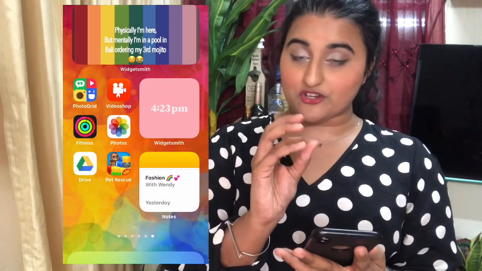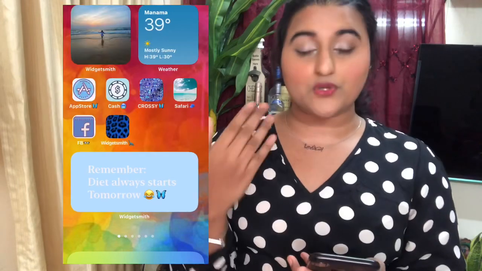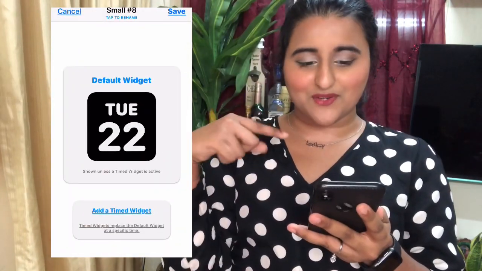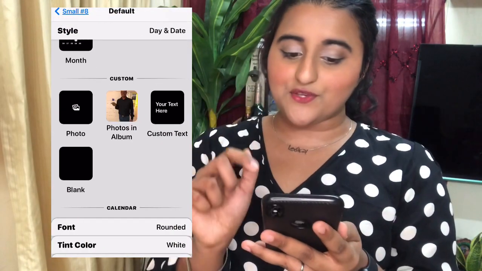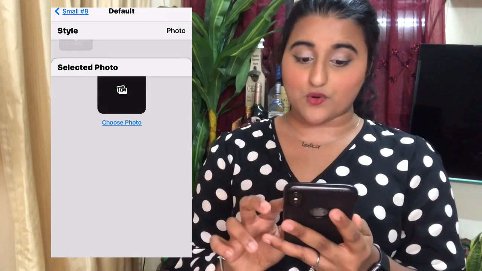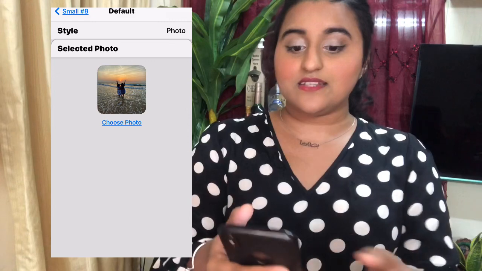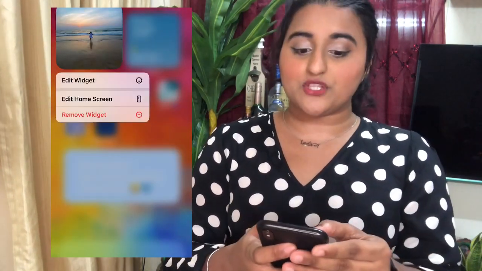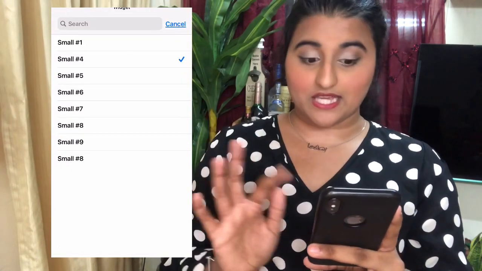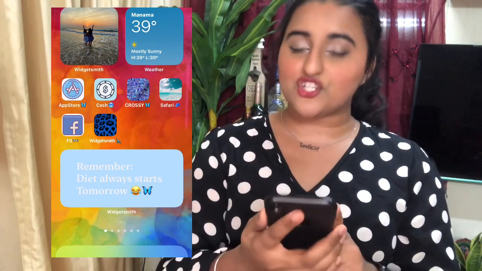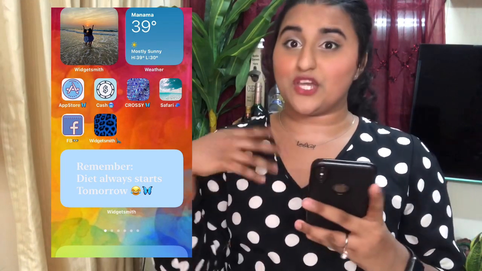Like I've added pictures. Now if you want to change a picture, you can do the same thing. I'm gonna press this option called default widget. Like when you scroll down, you get this custom heading and you get photo, and I'm gonna press this option over here down called selected photo. Now you get this option called choose photo. Once I get my picture, that's it. I'm gonna go back and save it. Please don't forget to save it, and I go to the picture. I remember the number, which was 8. So I'm gonna press 8 and I'm gonna come back, and it's the picture of me and my cousin sister. That's the way you change the picture.